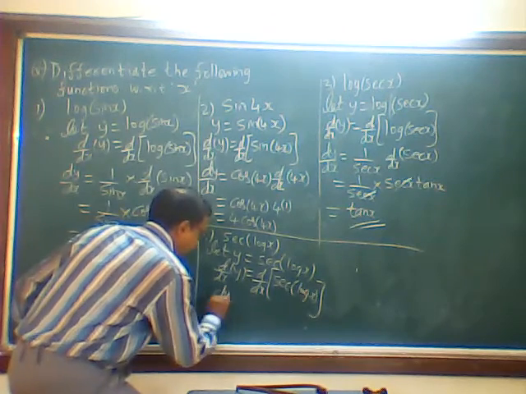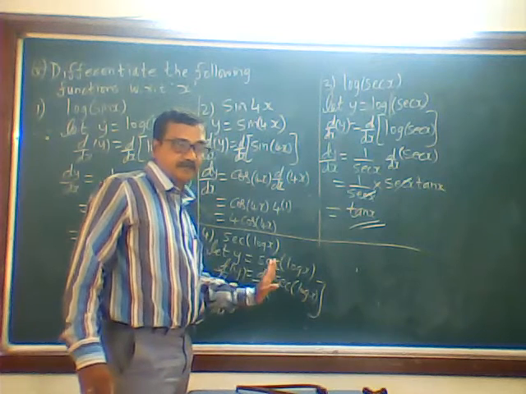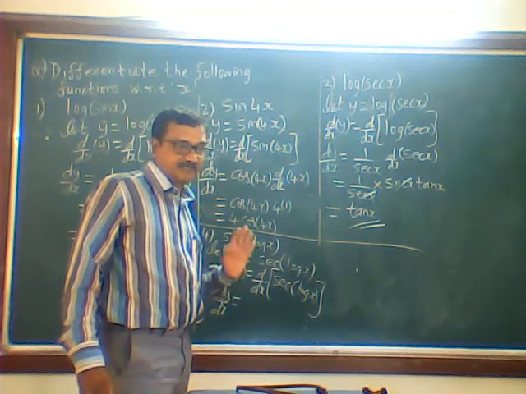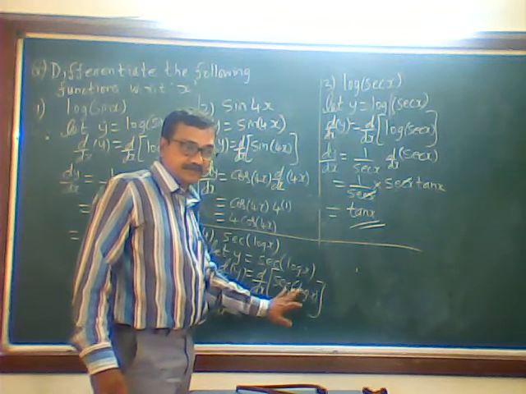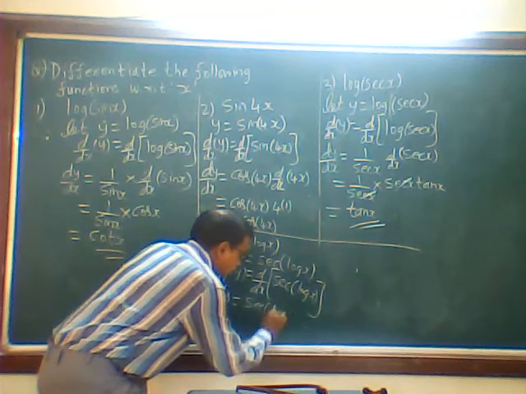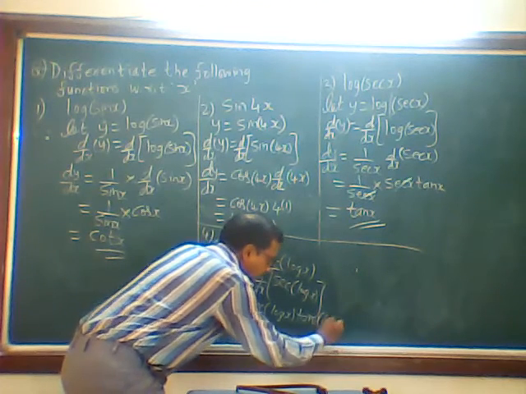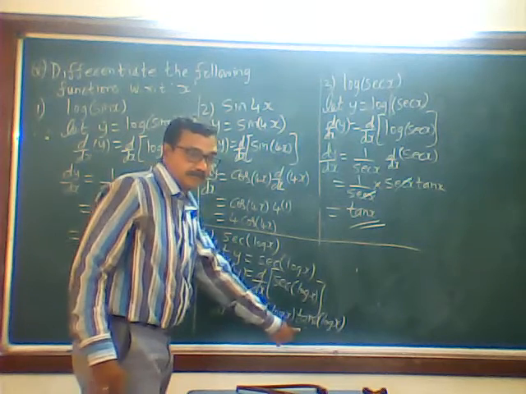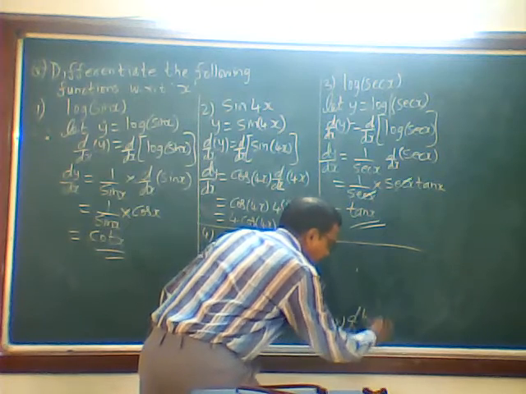So dy by dx is equal to, now d by dx of sec log x I have not given in the formula. I have given in the list of formula sec x. D by dx of sec x is what? Sec x tan x. So while writing you write down sec of log x. Don't write x. In place of x, log x is there. So we will write it as sec of log x into tan of log x. Add up differentiation of sec of log x into tan of log x into d by dx of log x.